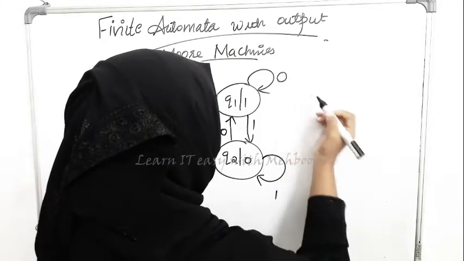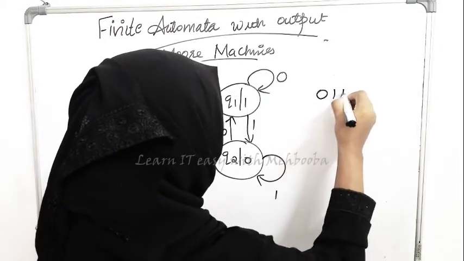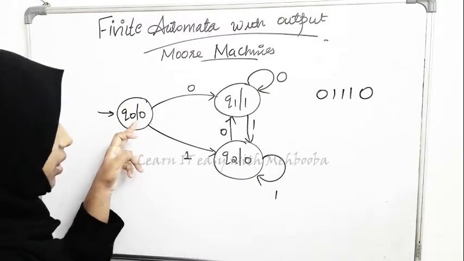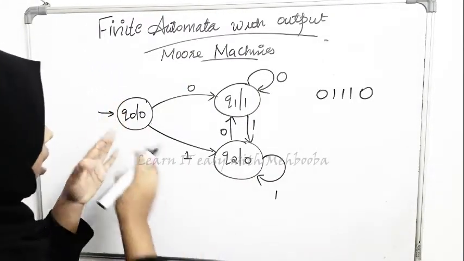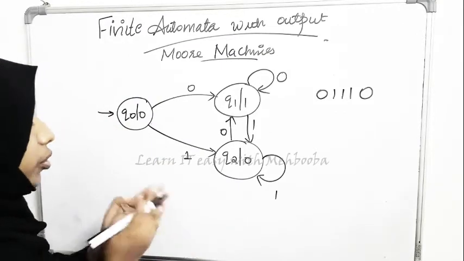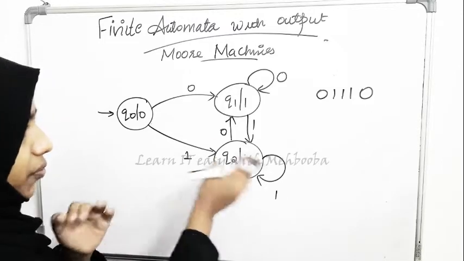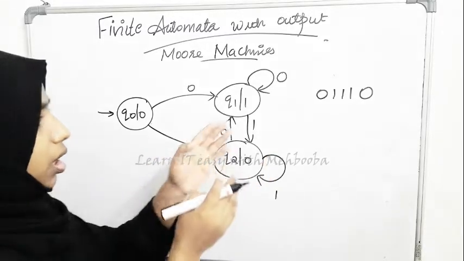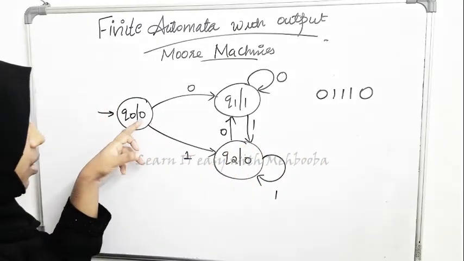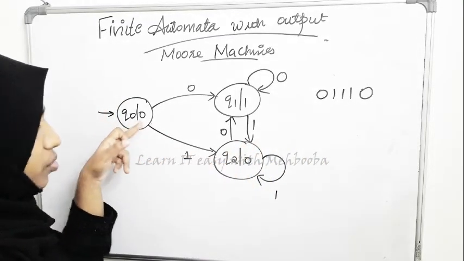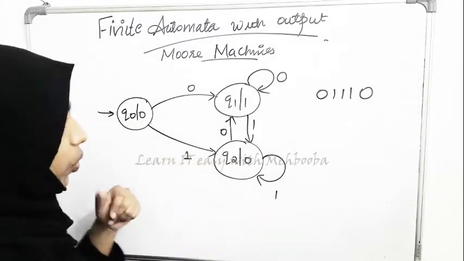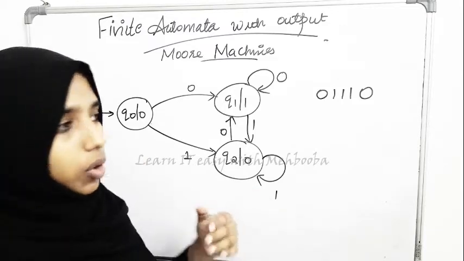Now let's check for the input 0 1 1 1 0. Okay, see for the first state, as we don't have any input, we are giving a 0. You don't have to be bothered about that. That is, for some cases the output will be longer than the input by one symbol, like this, because initially it emits a 0 for q0, but you can neglect that because that doesn't make any sense here. Okay, because every state is associated with an output, we are giving this.